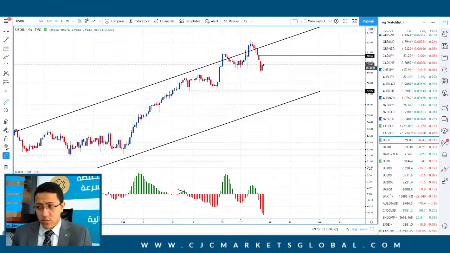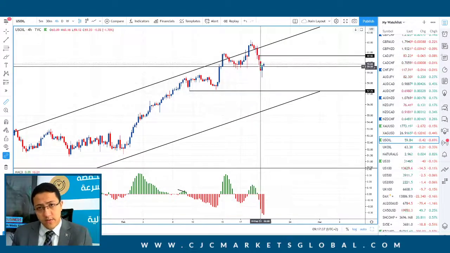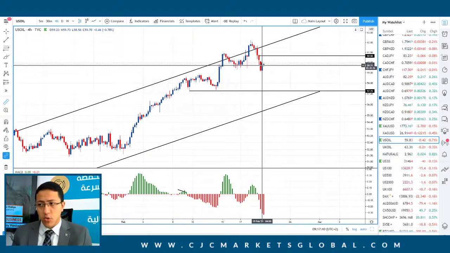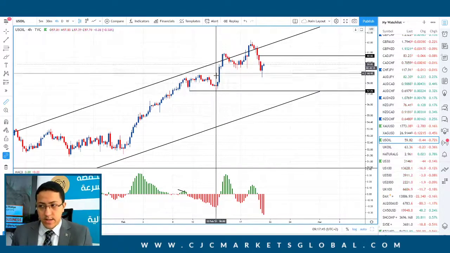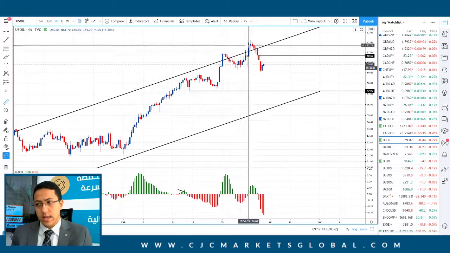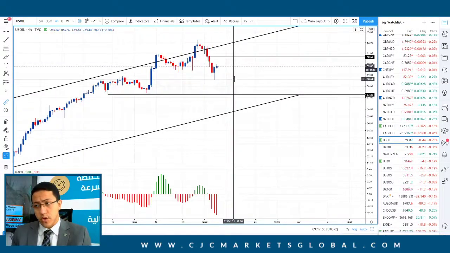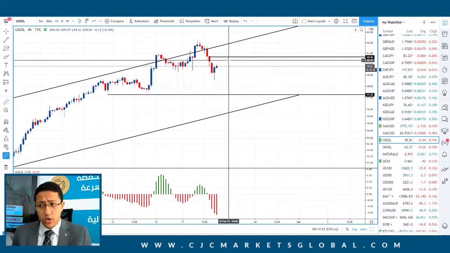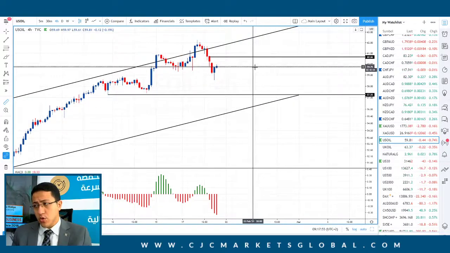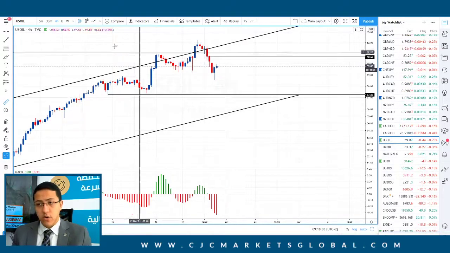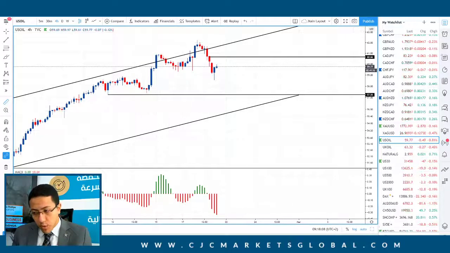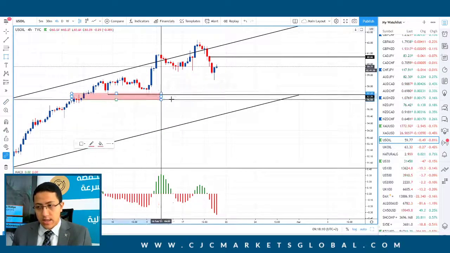However, we did have this move to the downside because the positivity of the oil inventories numbers was basically priced in before. So buy the rumors and sell the facts. People did buy the rumors, and yesterday they sold the facts. And right now on the oil trading, we are watching those two key levels. 60.66 during the day. If we manage to break above this 60.66, we are bullish on oil trading for the day. However, our most important key level on oil trading is this one, which is